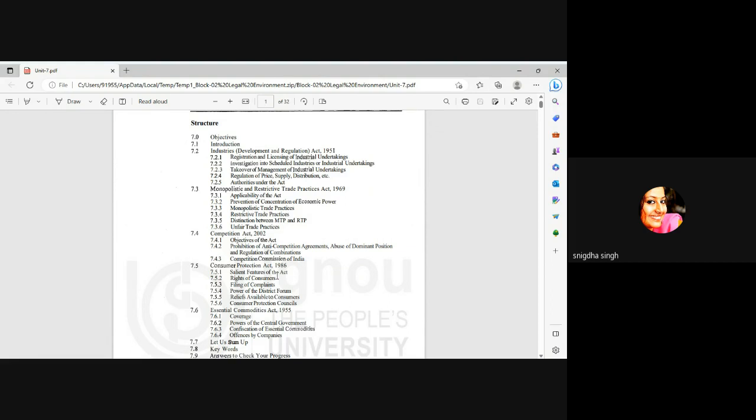Monopolistic and Restrictive Trade Practices Act 1969. I will just explain to you the purpose of this act. The basic theories and the basic laws you can do on your own. So I'll explain the basic reason for which the MRTP Act was brought into force. It was launched in India because India being a welfare state, a developing country,